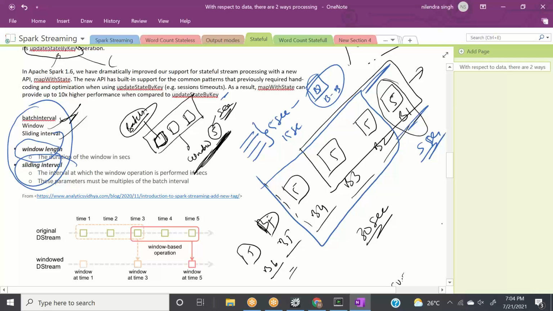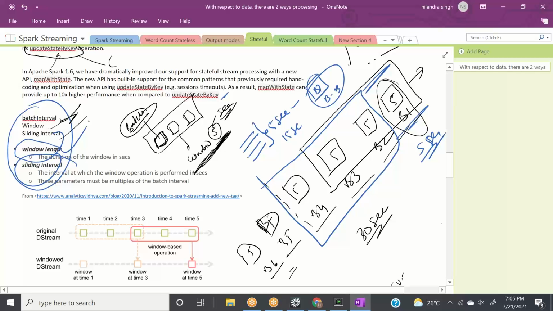So what they did in Spark 1.6 is bring a new function called mapWithState. Now what mapWithState is doing is almost the same thing, but it will maintain the session information only for the window length. Once the window length is gone, the session information will be updated.